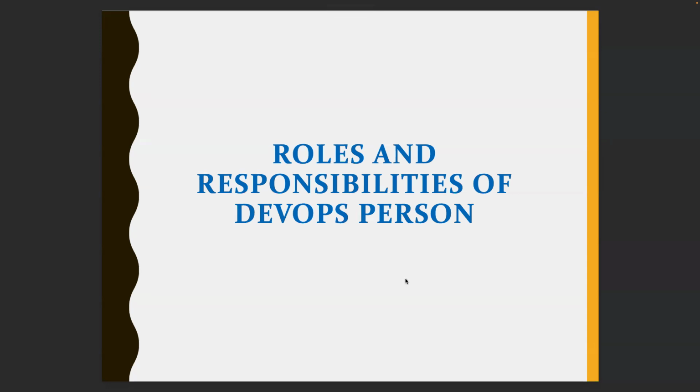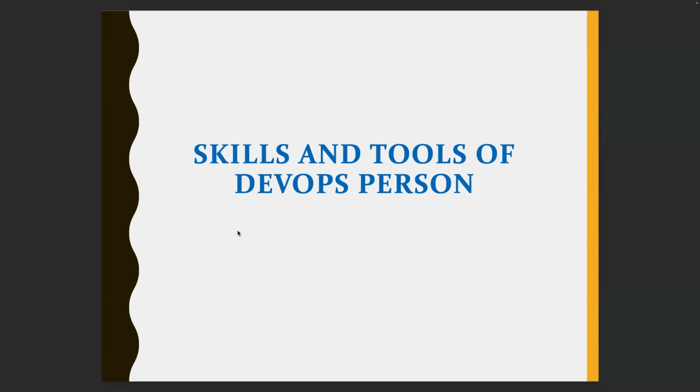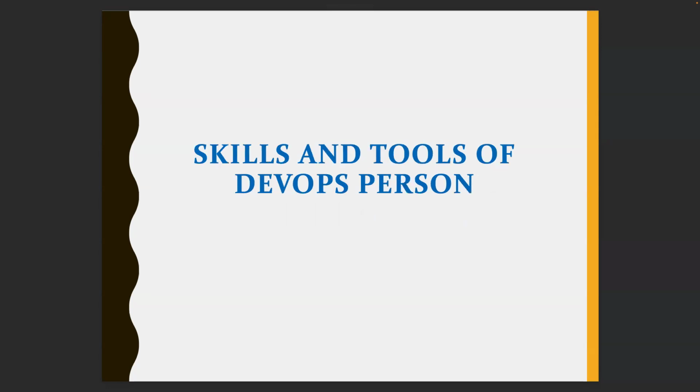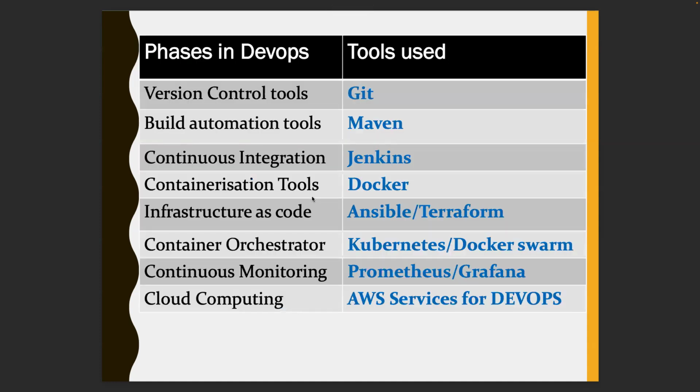So now that we understood what DevOps is and why DevOps, let's talk about the roles and responsibilities of a DevOps engineer. A DevOps engineer should be able to work at any point in the CI/CD process, also in the infra setup, and we will again deep dive into the roles and responsibilities as we progress with each tool. The major role is that you should be able to work in any phase in the CI/CD pipelines to automate the deployments of the code, and also set up the infrastructure, manage the infrastructure, and monitor all these tools. All these are the responsibilities, right? Once we get into the tools, you will understand those better.